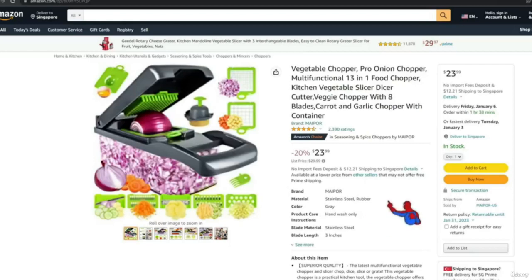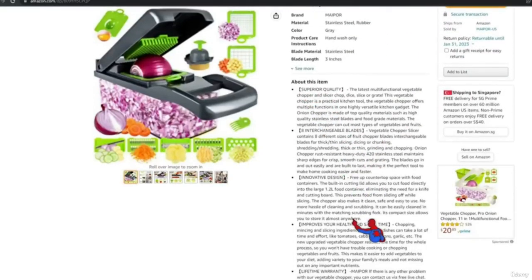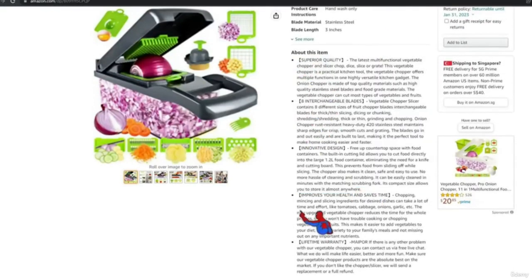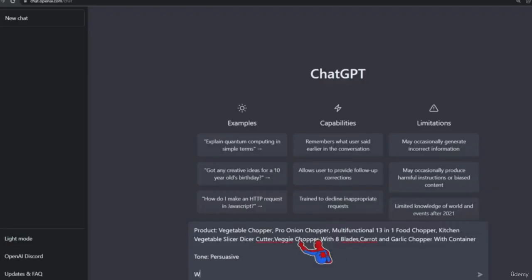You notice that for Amazon, it starts off with bullet points, right? We have 5 bullet points over here, so that's the first thing you want to use ChatGPT to write, okay? So here's what I can do. You can say something like this. Write 5 Amazon optimized bullet points, explaining the features of the product and the benefit of each feature using the phrase